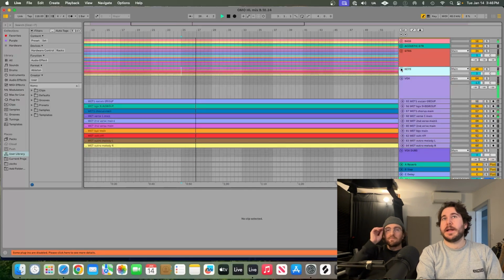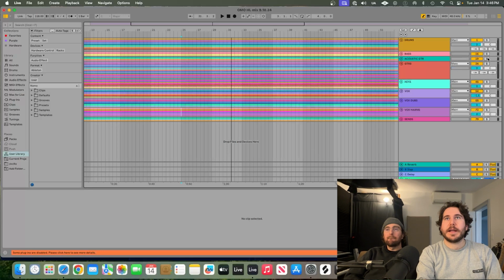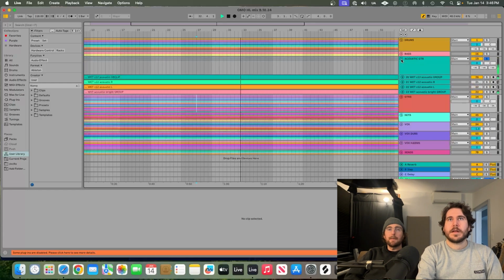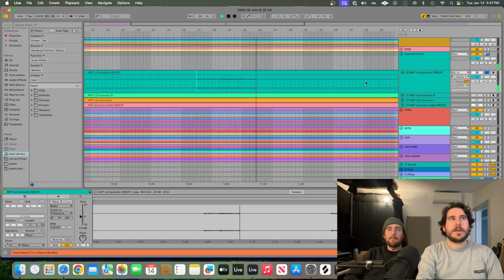Then the acoustics come in. Just the acoustic has such a nice recording quality to it. Yeah, it's really good. Open it up. So we have this one that's a lot darker,